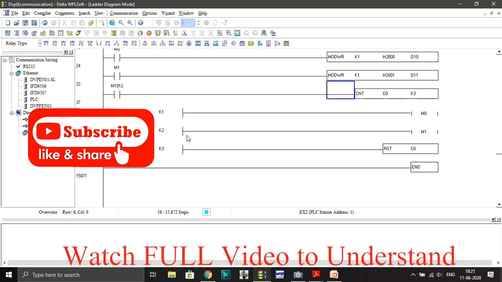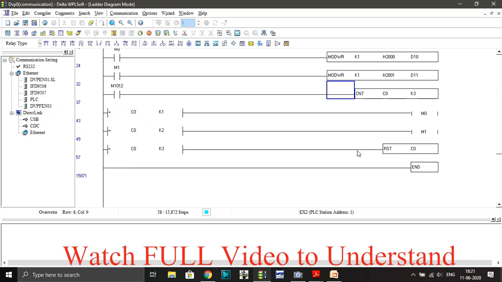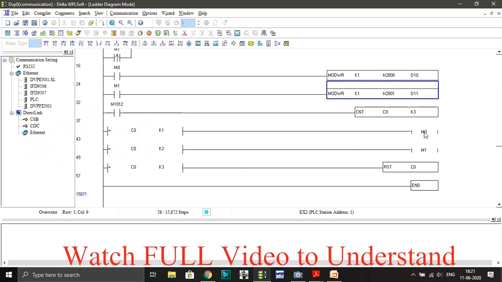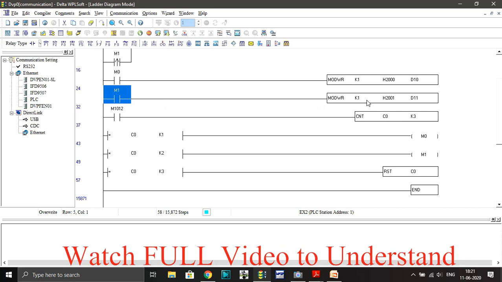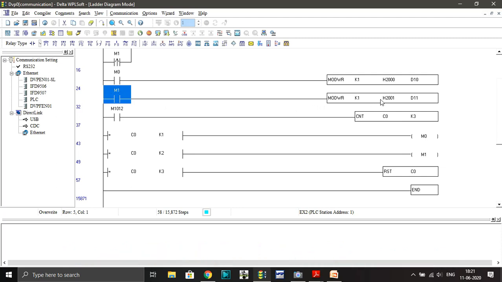If the pulses are 2, then we'll activate M1, and if 3, then it will reset our counter. This memory bit I am going to use to give instructions for this command instruction. For M0 we'll activate our operation command, and M1 is given to our frequency command.